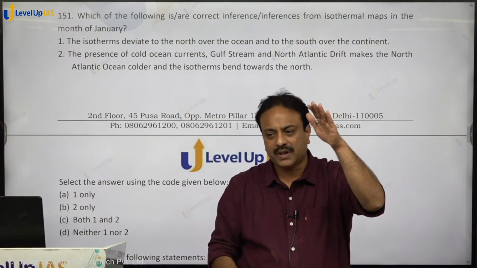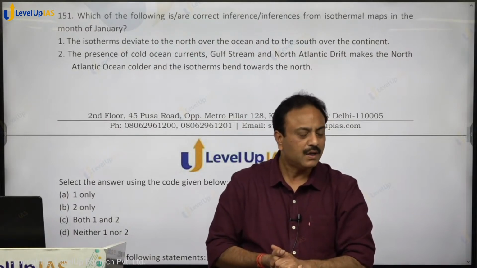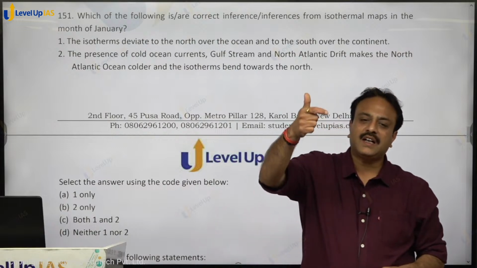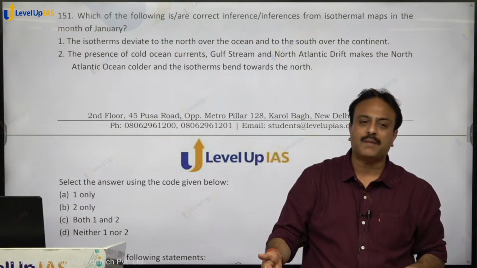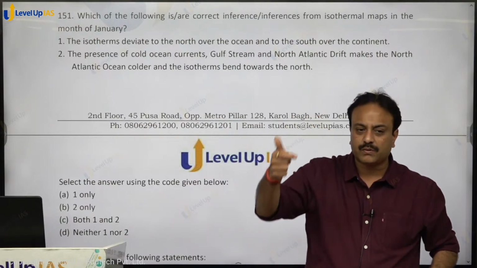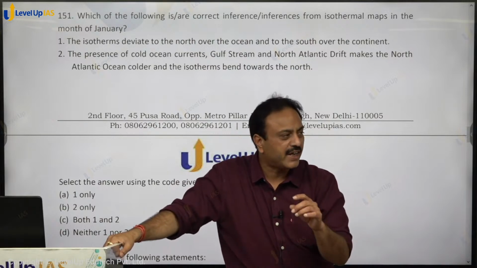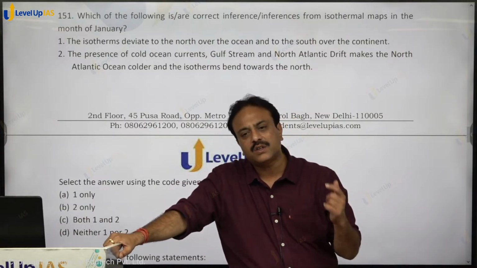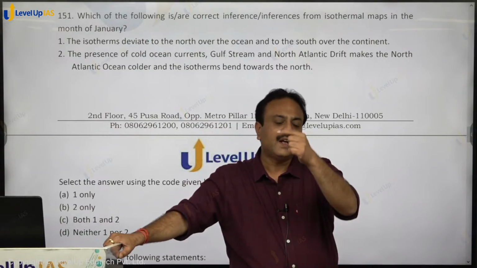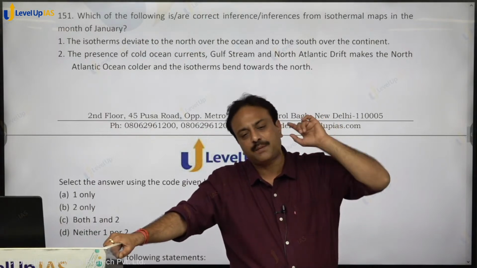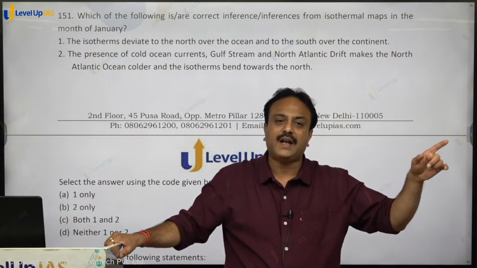You will have to go towards the equator, and then you will get 30 degrees Celsius temperature. So what will happen? The 30 degrees Celsius isotherm went towards the equator, so on the continental landmass this isotherm deviates towards south. In oceanic areas, what happens? Due to high specific heat, the heat is lost, but it is not lost much. The temperature is sustained, and thereby the isotherm gets replaced by a lower temperature isotherm, which is already appearing as